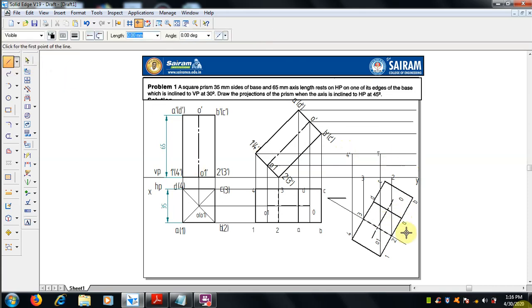And ABC, that is, draw the projector line from A to A dash, B dash, C dash, D to D dash.